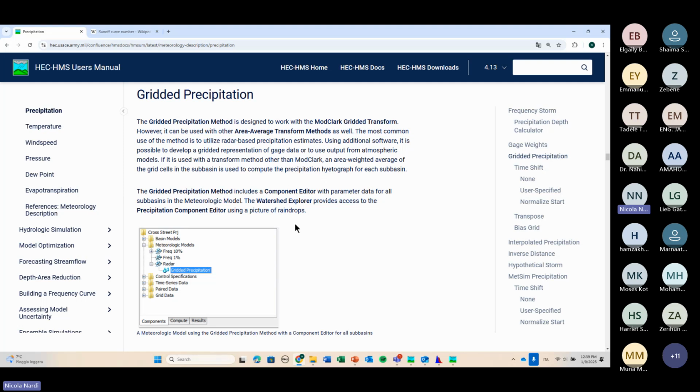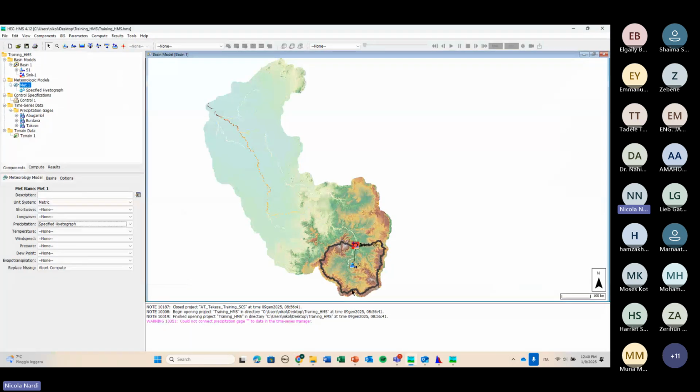Plus, if you use this grid precipitation, you need to change also the sub-basin loss and transfer methods, because at that point you need to use also a gridded loss methodology. So it is really, really complex. And also in this case, it depends on what you have to do, on the scale of your study, because you can have good results anyway without using the grid precipitation,